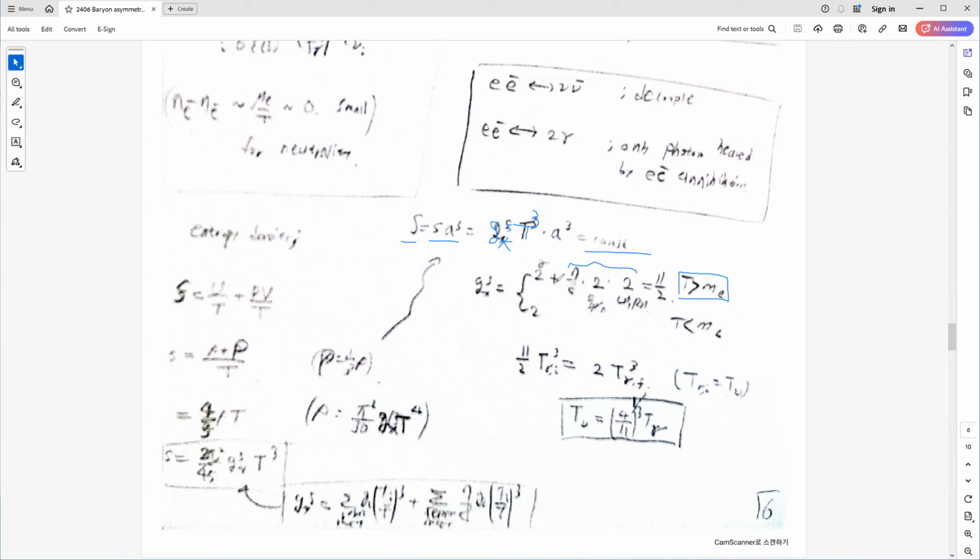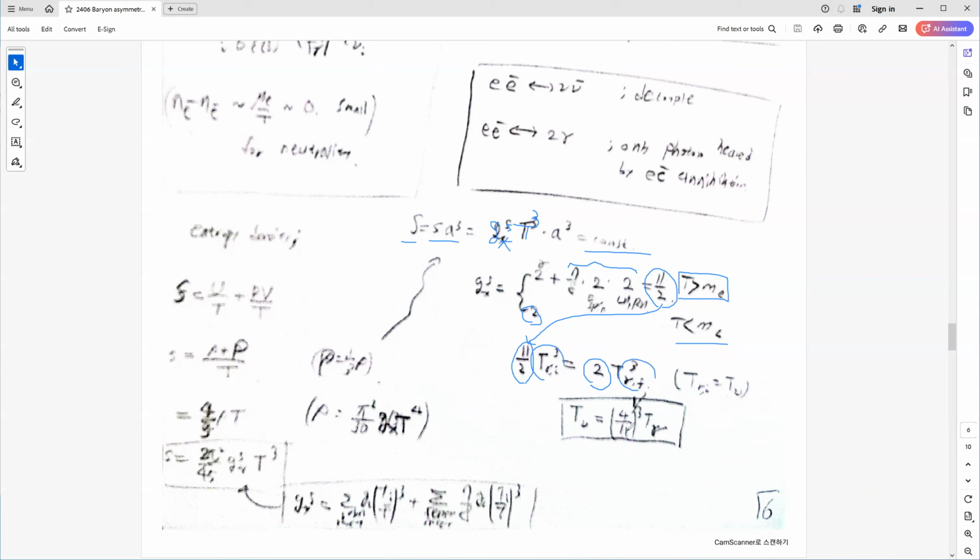So there are electron contributions, so the g-star is equal to 11/2. But when the electrons become non-relativistic, the effective degrees of freedom become 2. The initial photon temperature is the same, with the 11/2 factor, but this is constant when the neutrinos are decoupled. The photon temperature is heated by the electron-positron annihilation, but the effective degrees of freedom are 2. So the ratio between the photon temperature and neutrino temperature has an additional 4/11 with 1 over the cube